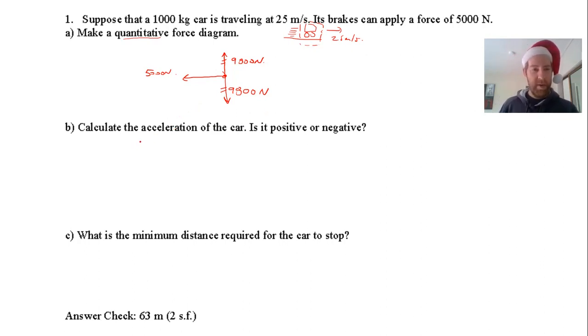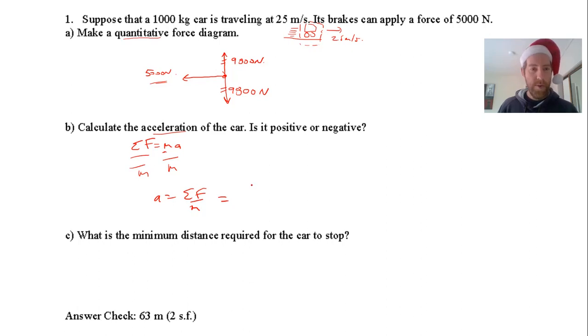Right, calculate the acceleration of the car. Now this is my net force equals ma. Excuse me, I just ate an apple. And I want to work out the acceleration. I've got my net force, it's 5,000 because those two cancel out. I've got my mass, that's 1,000. So if I rearrange, I divide both sides by m. I get a equals total force over m